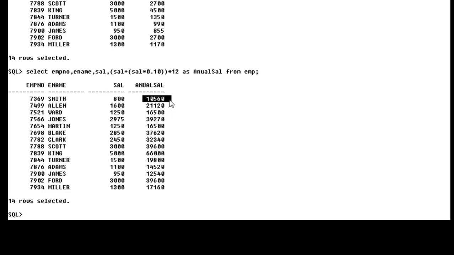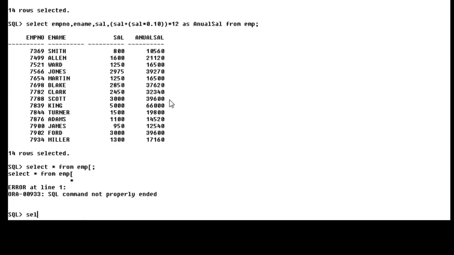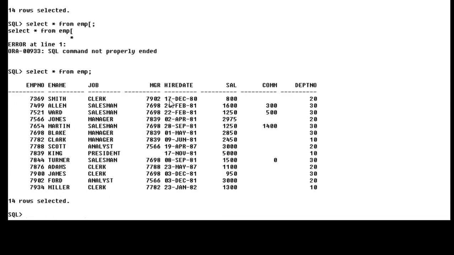One more arithmetic operation I have to show. Select star from emp. Now I want to calculate sal plus commission. So how do I execute the query, just go through my example.